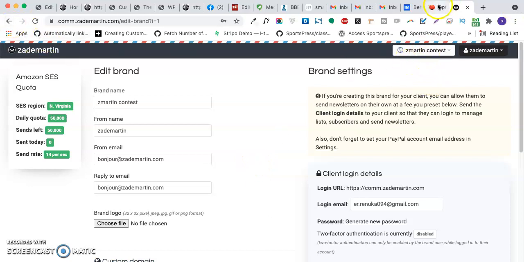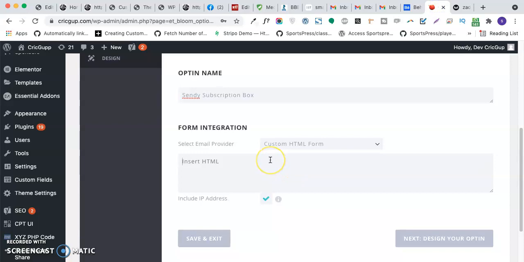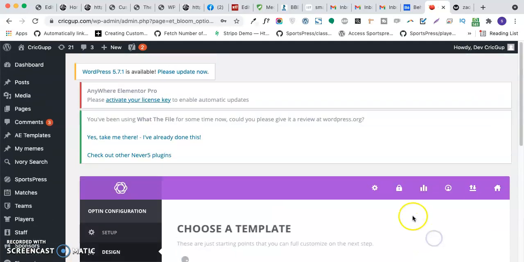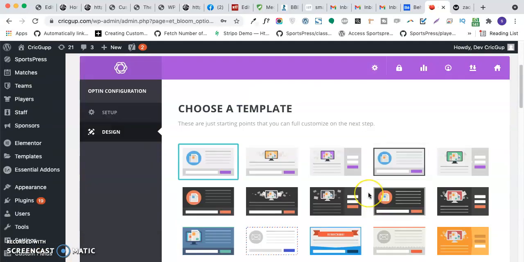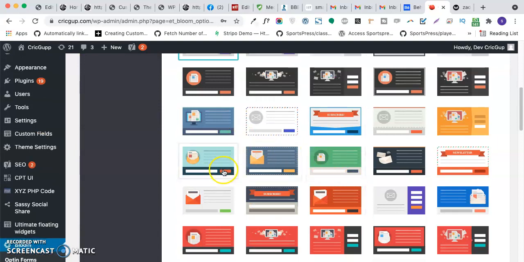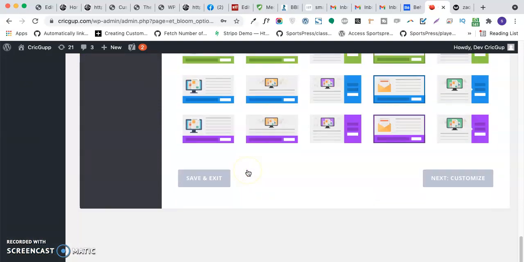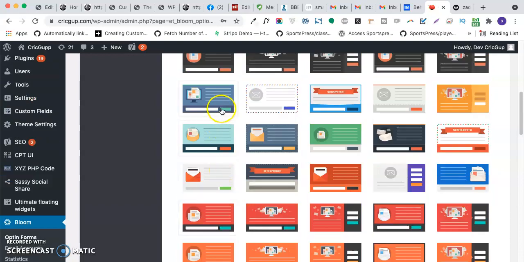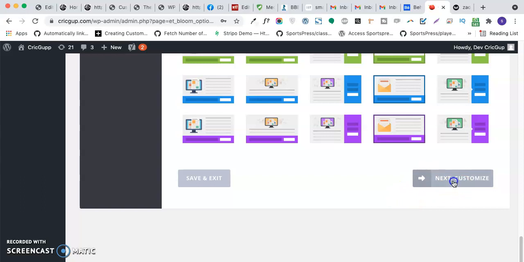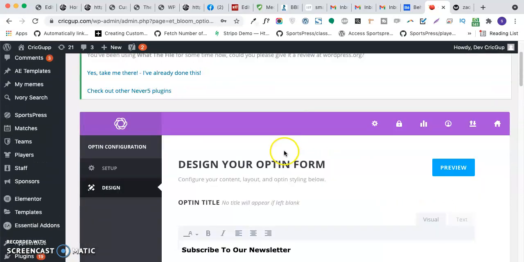I'm going to directly add my form to the website. I have already copied the code, and I'm going to paste the HTML over here. Once I paste, I'll go ahead and next I'll go to the design, to select which particular design I'm going to use. I'm going to select a very simple design as of now. I'll select the very first one, that is the plain design, and next I'll go to customize.